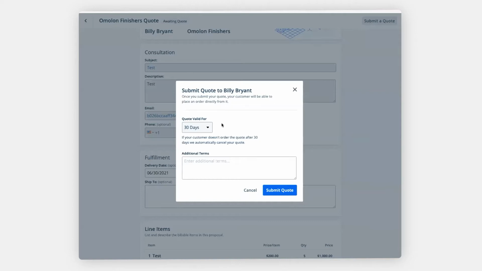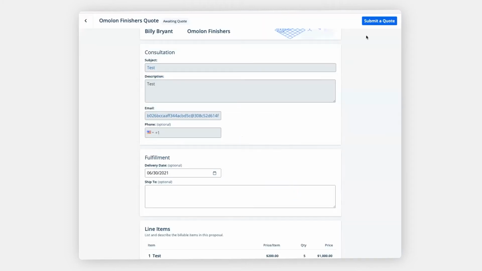Quotes have expiration dates on them. By default, every quote is valid for 30 days, but you have other options available to you. If you think that your material prices are going to fluctuate really rapidly, you can move those up. Or if you feel pretty confident about this price for a while, you can push it out to about 90 days. After that period, the quote will be canceled, which means that they won't be able to check out with it. Okay, so we're going to submit this quote